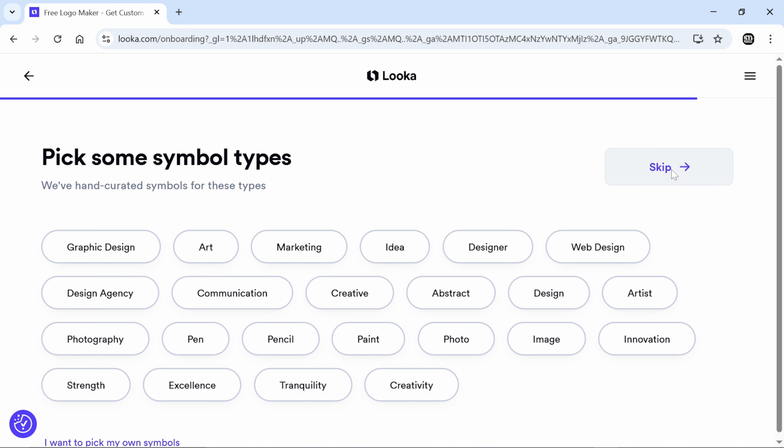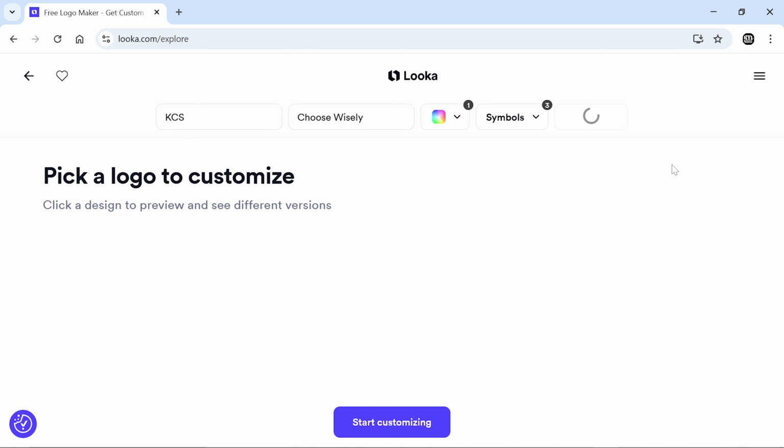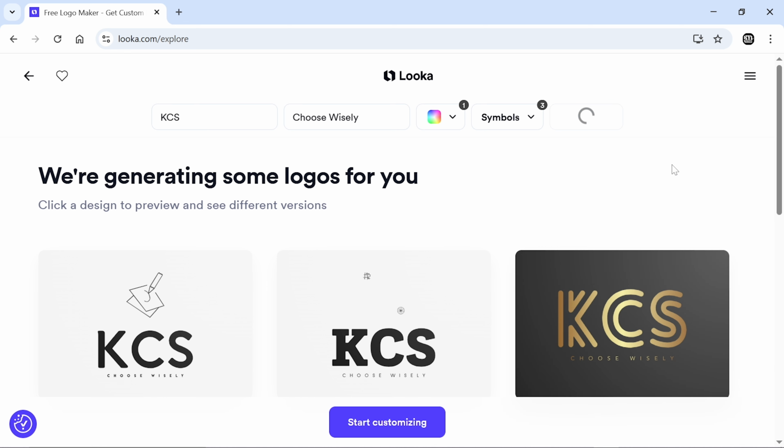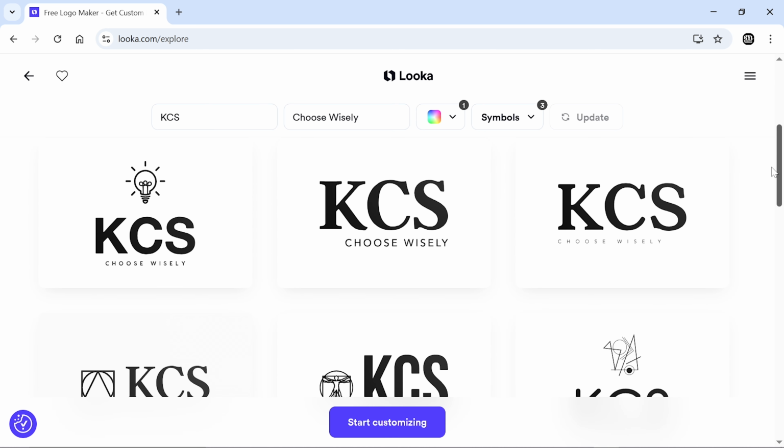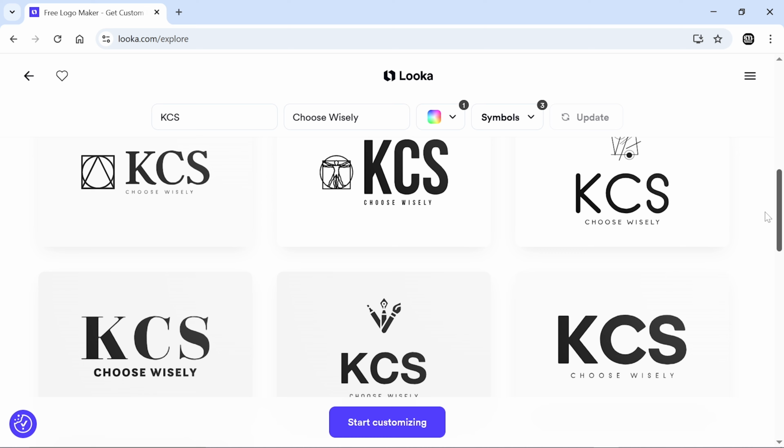And now they want to pick some symbol types. We're going to select here something like maybe arts. We're going to select here creative. We're going to select here graphic design. So after here now we're going to click continue. Now they're going to make here thousands of logos for you to select and to customize as how you need them to be. So here are the logos that are made according to your information you have provided and the